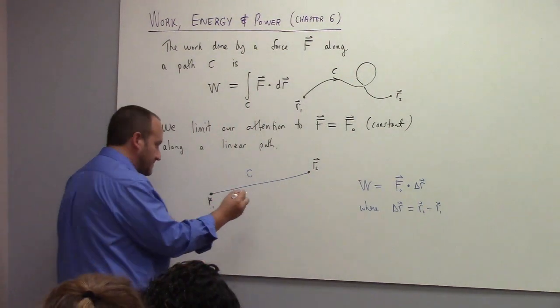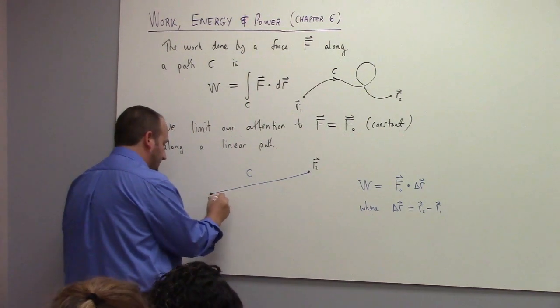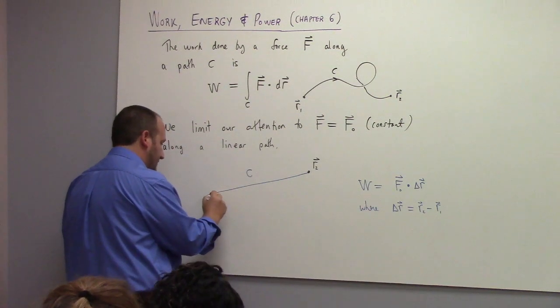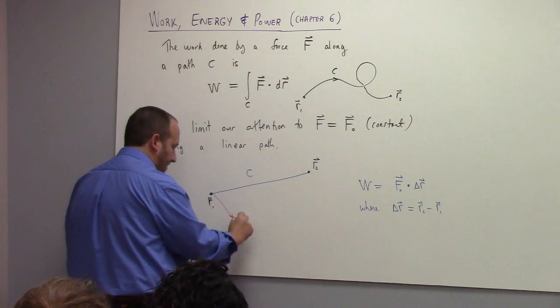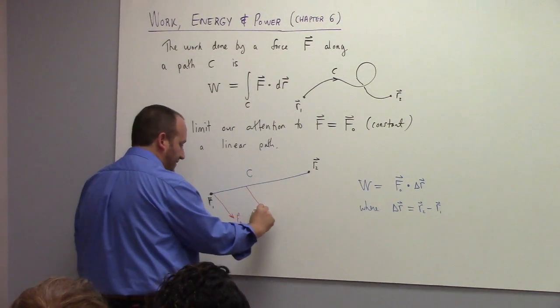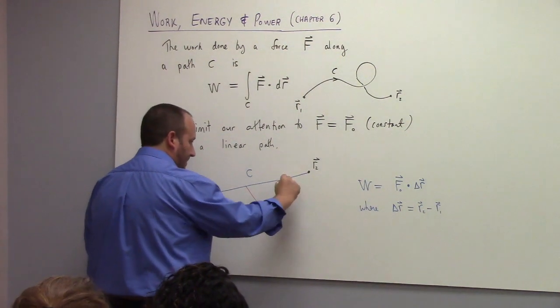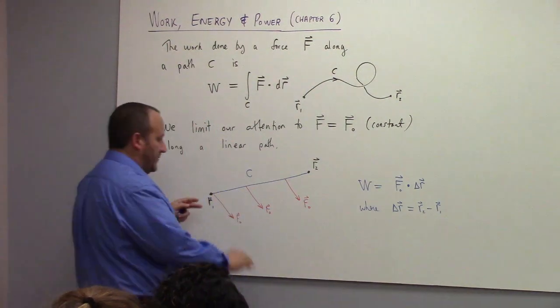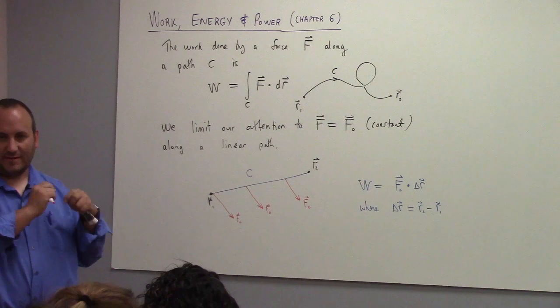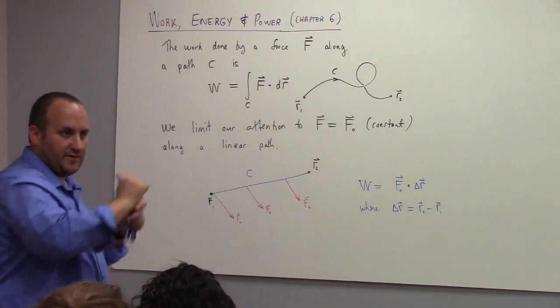Now here's a picture. The force I'm saying is constant. So what does the force look like if I map it? If I draw it here, the force is like this. If I draw it here, I'm trying to draw the same force vector. The force is the same along each point in the path. I'm saying apply the same force as we go across, all right?